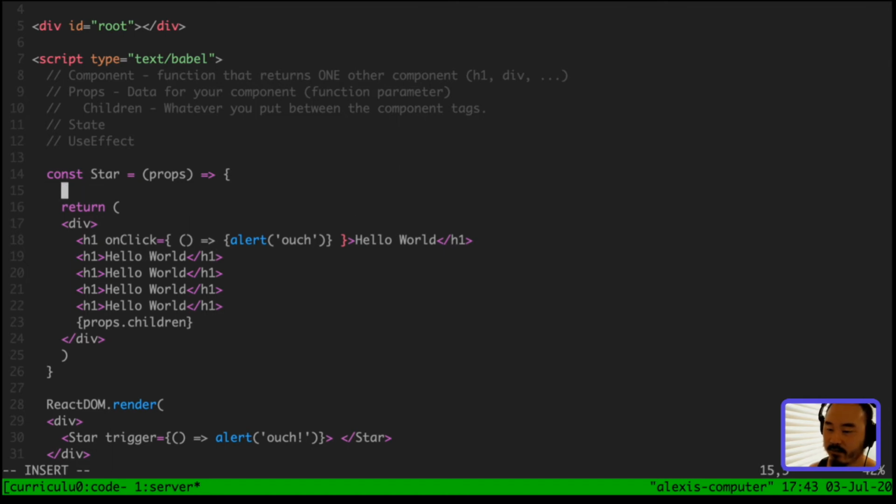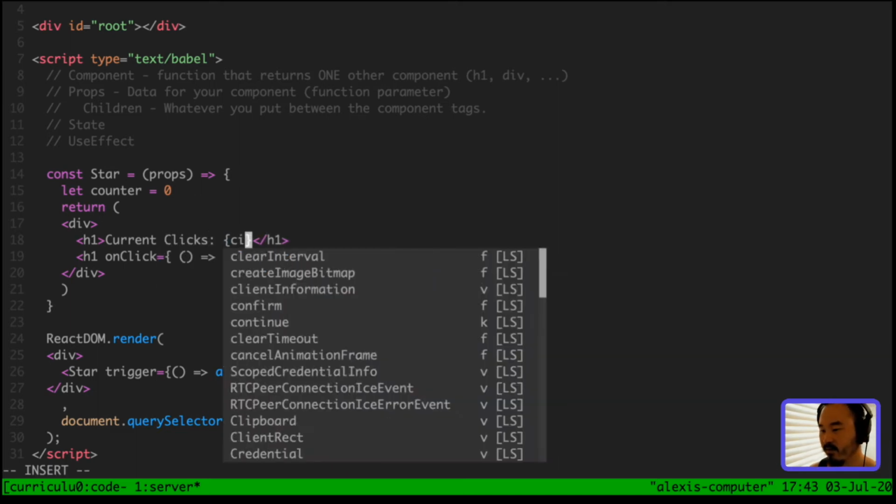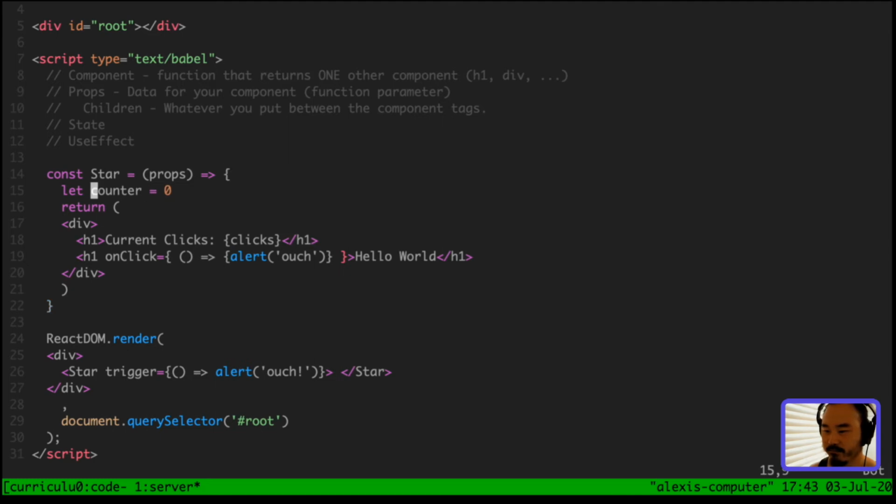Let's say I have a variable counter equals 0. And then I want to say, current count is the variable. And I want to keep track of how many clicks, current clicks. Let's name this better. The variable is called clicks. By the way, if anyone has any questions, just ask on the chat, and I'll do my best to answer. So current clicks is the number of clicks. Whenever I on-click,